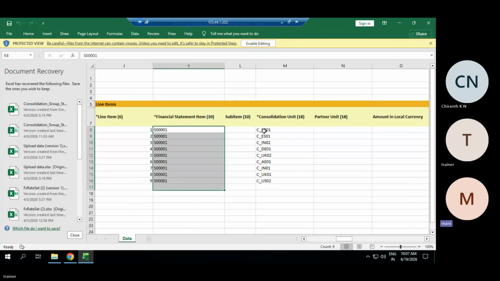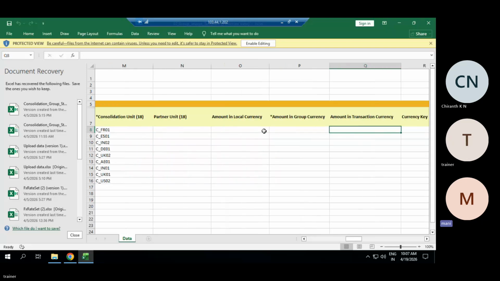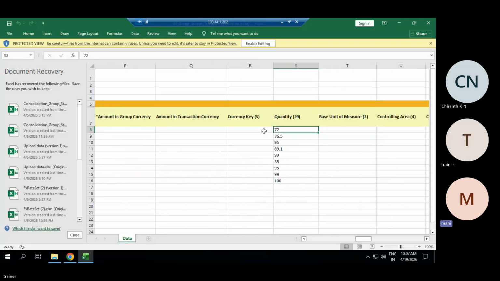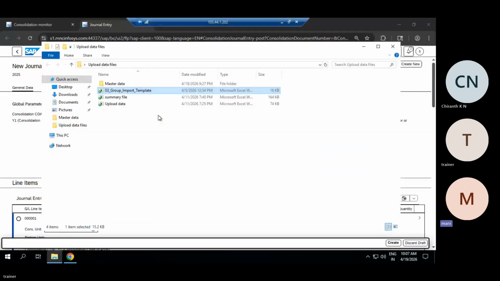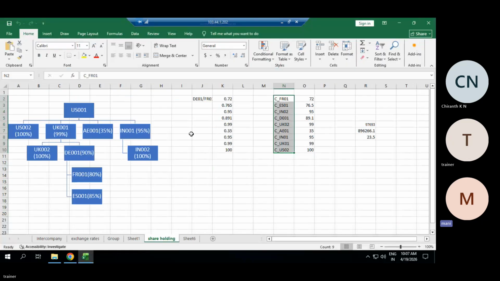So for every entity, what is my percentage? 72%. How have we calculated this? Multiplying. Let me open another sheet, then it will give you a better perspective. I think I have kept it in summary.